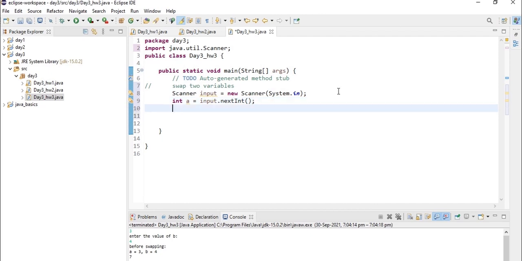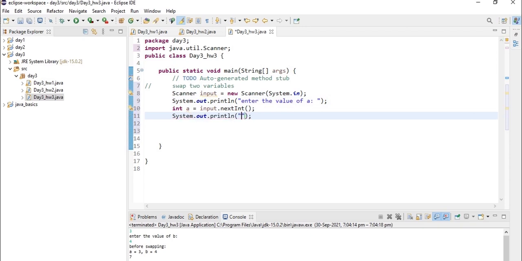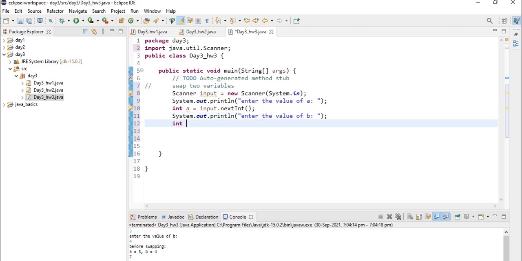Before that, let's print out "enter the value of a", and here let's print out "enter the value of b". We are declaring another variable b of integer data type, and we are invoking the nextInt method, which is used to take inputs and is available in the Scanner class.